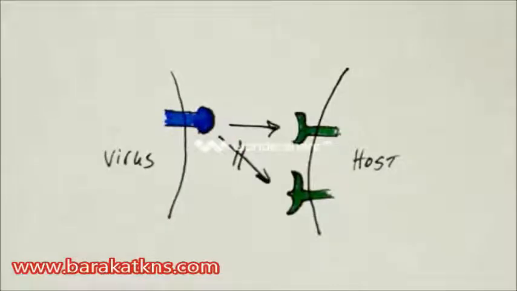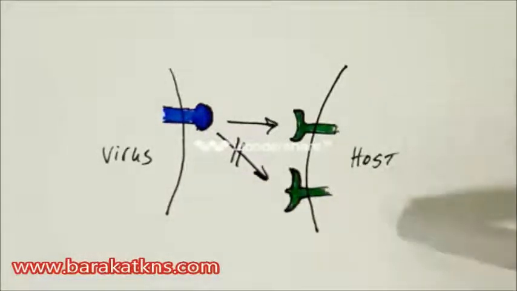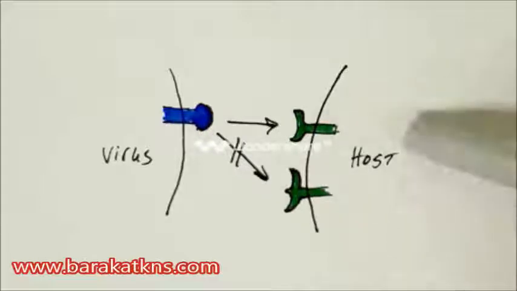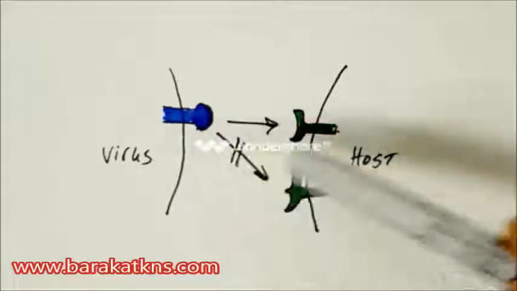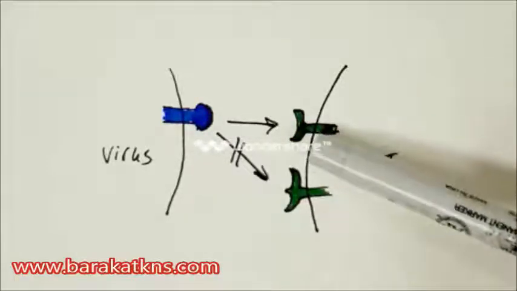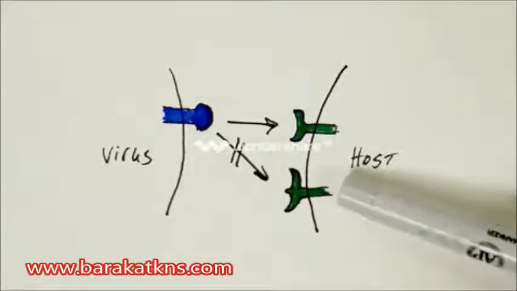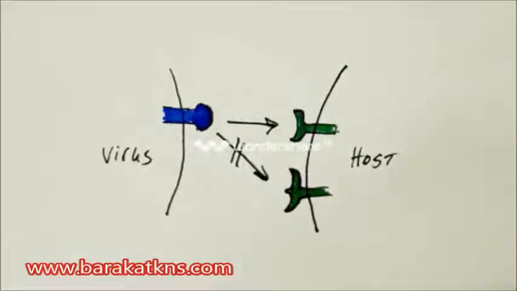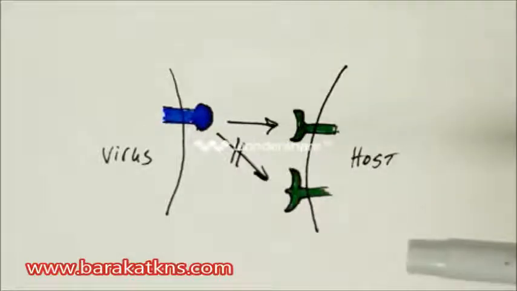Now I want to talk about the importance of the shape of the protein and how virulent this protein is. So here we've got our H protein again, and what I want to show here is on the host side. In order for the virus to infect, it needs to bind to what we call receptors on the host membrane. When the virus is able to bind the receptor, the host cell will bring the virus into it, and then the virus can take advantage of the cellular machinery. So if we go back to that central dogma, it can then utilize the ribosomes and what's found in the nucleus to actually make more viral particles.